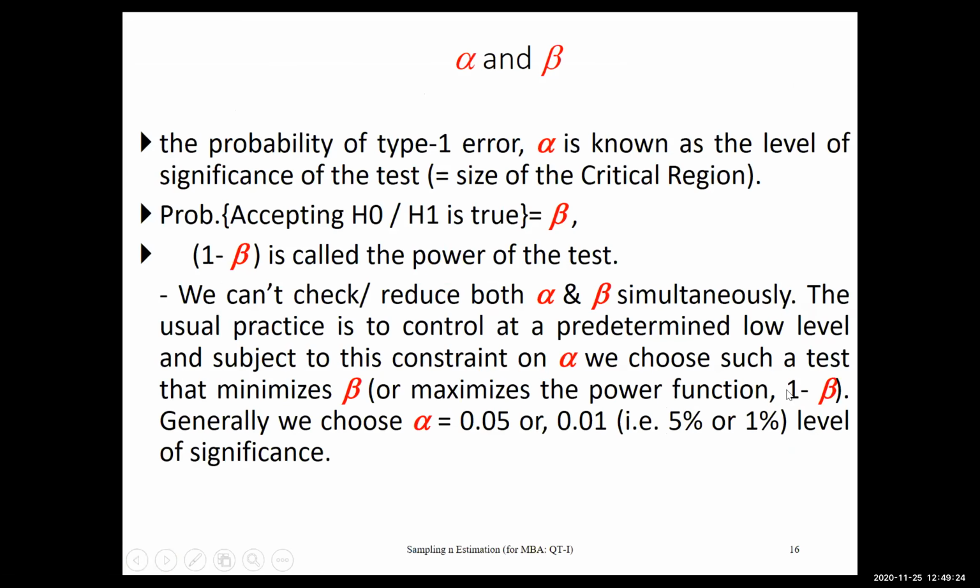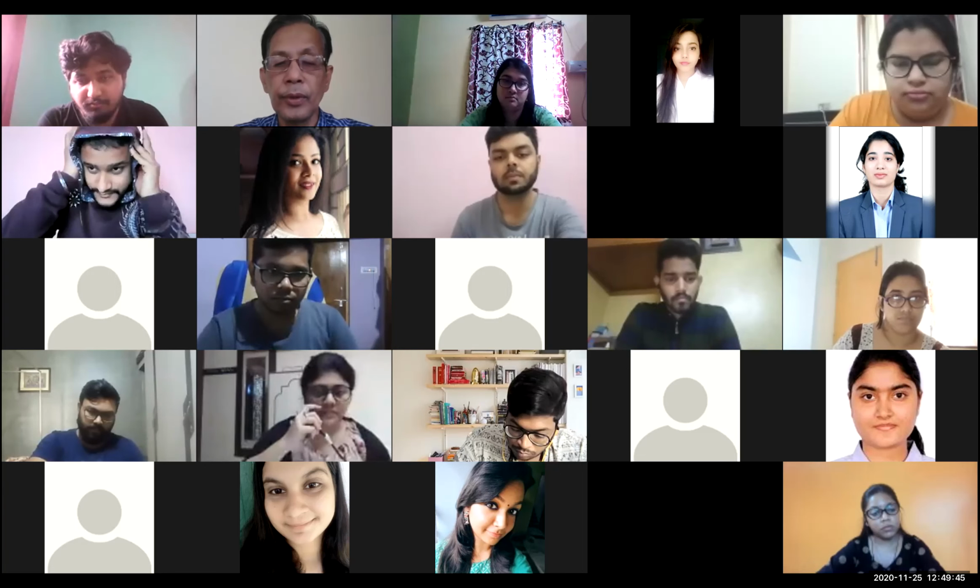Now this is a small description. Actually, that alpha is nothing but what we discussed, that error portion, and 1 minus beta is called the strength of your hypothesis testing. I think we have taken much time, so I must